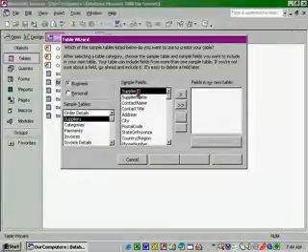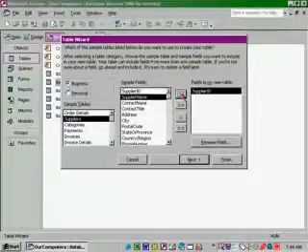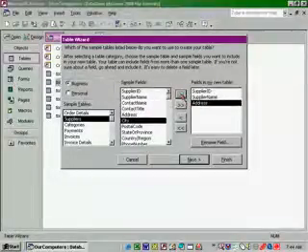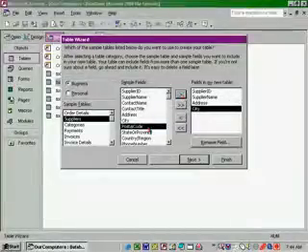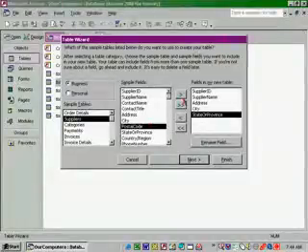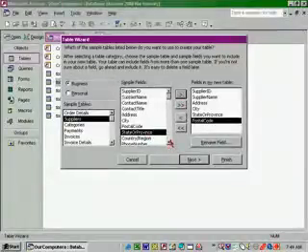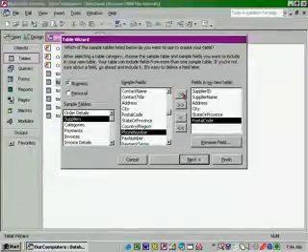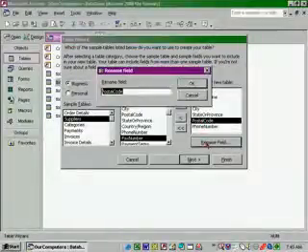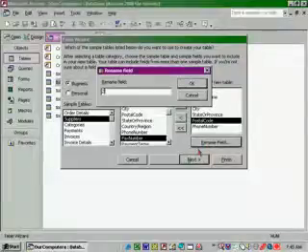and we'll select supplier ID and click the Move Over button, and supplier name and move that across, and we want to move across address and city and state or province and postal code, and scroll down and find phone number and move that across. And now click on postal code and click the Rename Field button, and let's type zip, and then click OK,